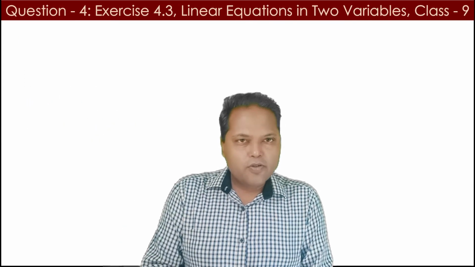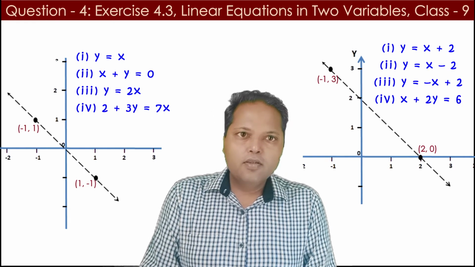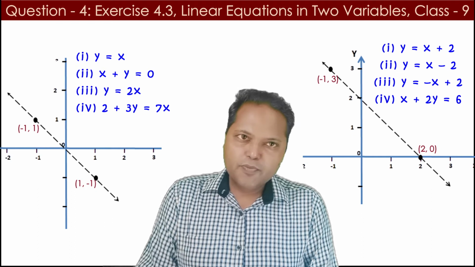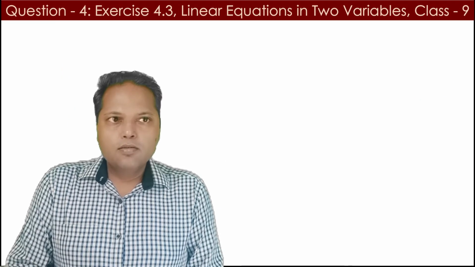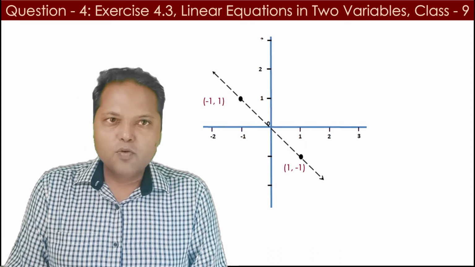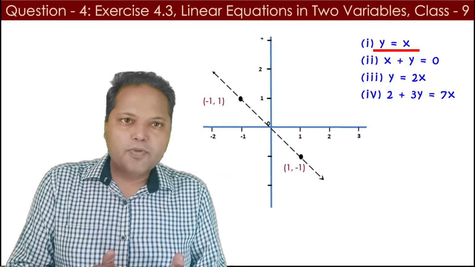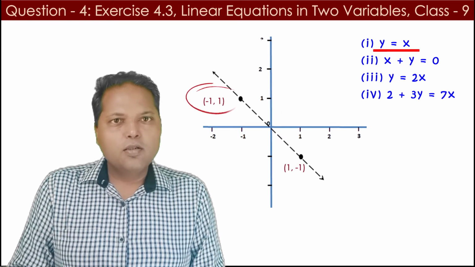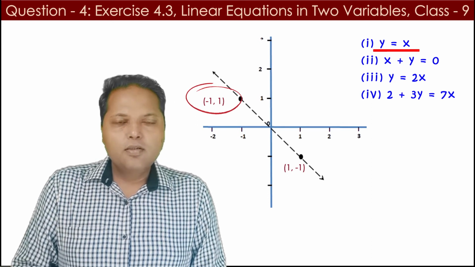Alright, we've got the next question here, and the question has two graphs, and each of these two graphs is also given four equations, and we need to identify the right equation, which is the expression of the linear graphs, right? So let's begin with the figure number 1. So we have this figure number 1, and for this the first equation is y is equal to x. Now if we need to identify whether this is the linear expression of this equation or not, we need to see that the given coordinate, say minus 1 comma 1, is validating the given equation or not. So we'll just test it out and we will get the right answer.